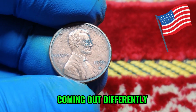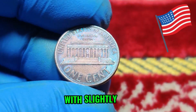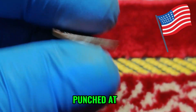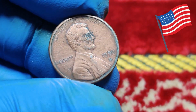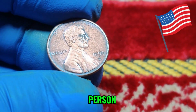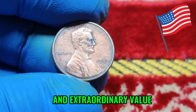coming out differently. Imagine, for example, a die prepared with slightly worn details from the previous year's design, or a mintmark punched at the wrong angle, or even a die polished too heavily, removing some design elements. These variations, invisible to the average person, become the foundation of a coin's rarity and extraordinary value in the collector's